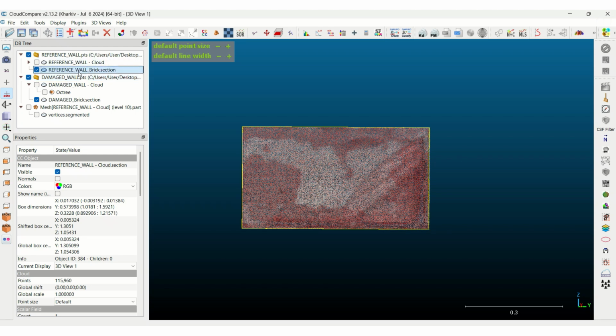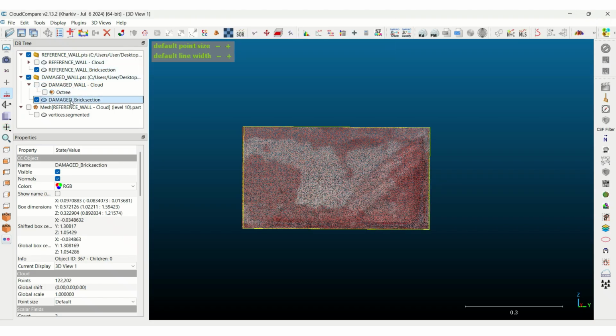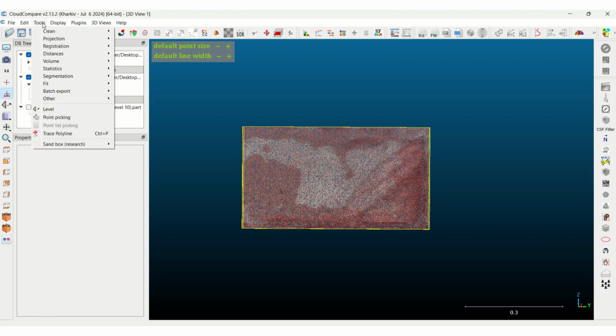So I need these two files, reference wall brick and damaged brick, okay. So now I select both of them, damaged brick and reference brick, okay, and go to tools, volume,